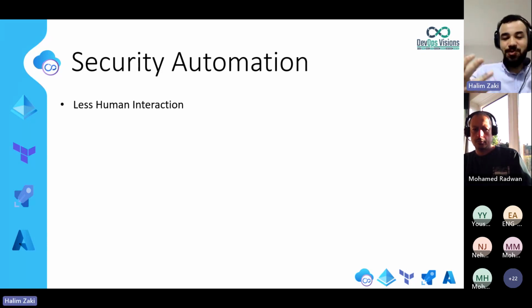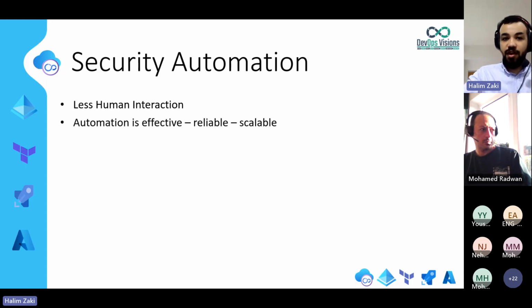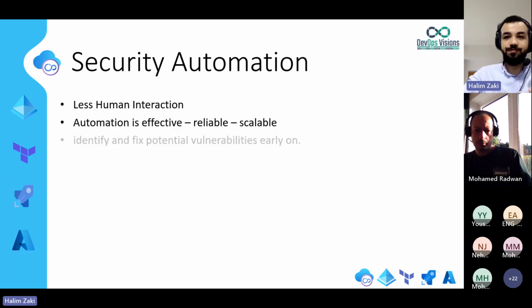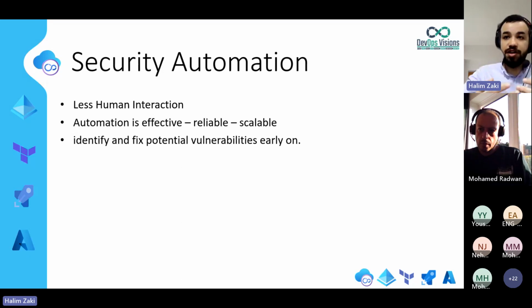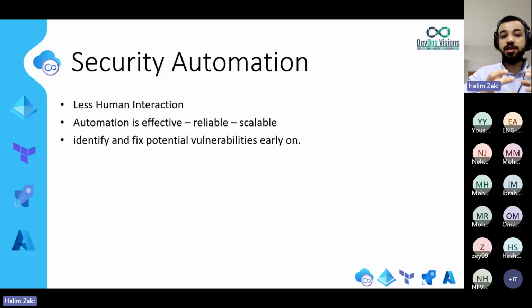We made a lot of good projects and stuff like ChatGPT and everything, but we tend to forget. So less human interaction, security automation means it's more reliable, effective, and also it's scalable. So if you apply everything in dev environment, it will be replicated to the production environments. And it also gave us the ability to identify and fix potential vulnerabilities early on and reducing the risk of